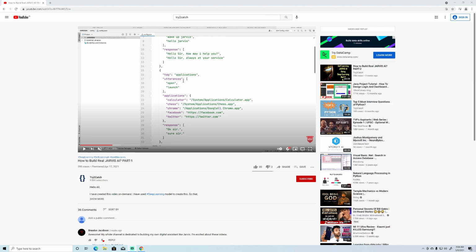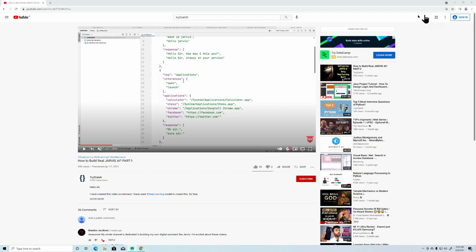But the thing is, the opening of applications is till now compatible with Mac OS only, because we never got anything to search the applications on Windows like we have commands from Mac OS, right? But now in today's video we are going to make Jarvis compatible with Windows also, so that Jarvis will search for the particular app and open it for us, right?